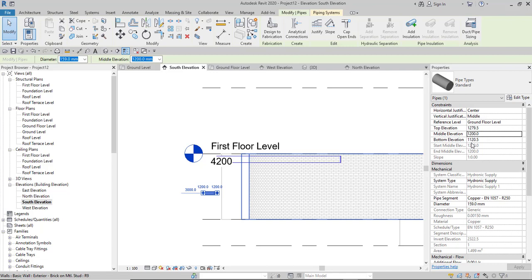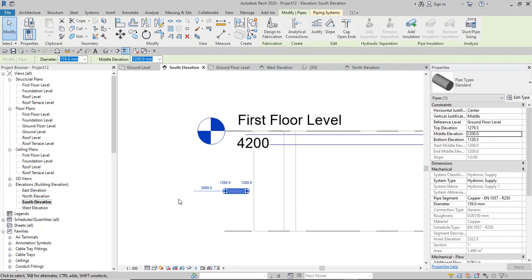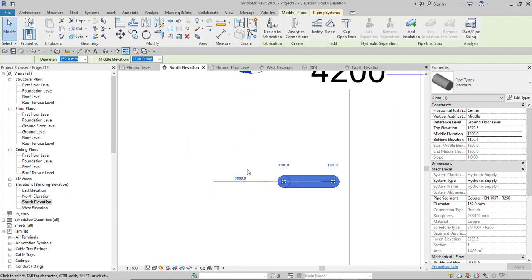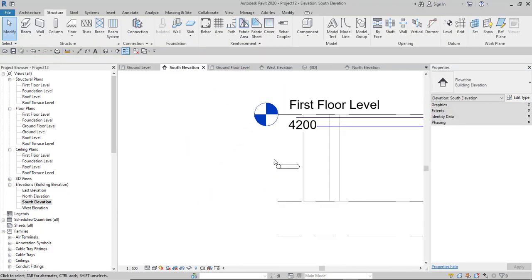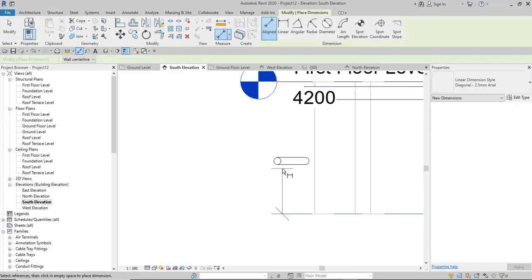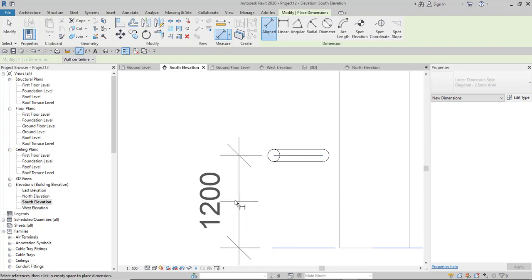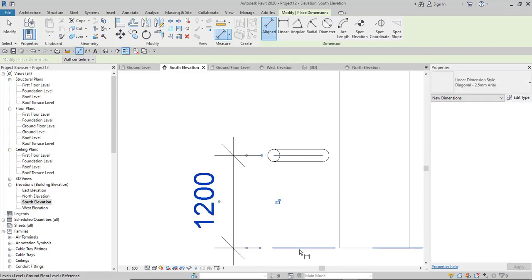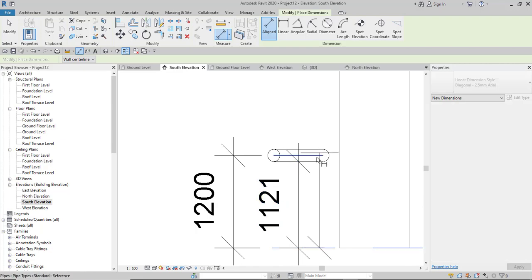What should be the difference? Let me zoom in here. I just need to check. I'll take a dimension from here to here, 1002. From here, can I select the bottom? Yes, to here, 121. Then from here to the top,